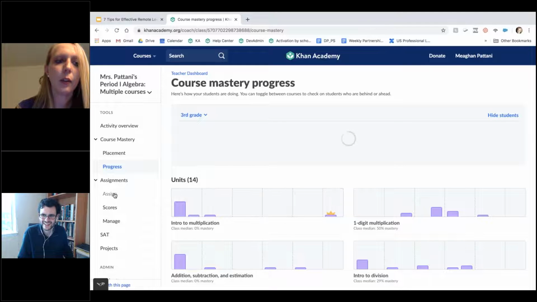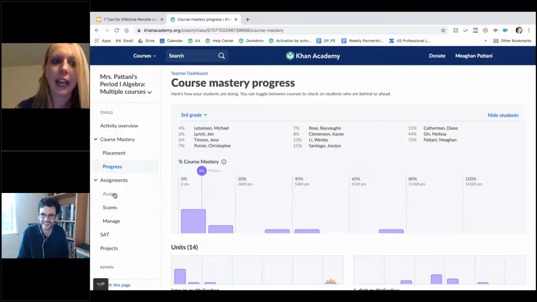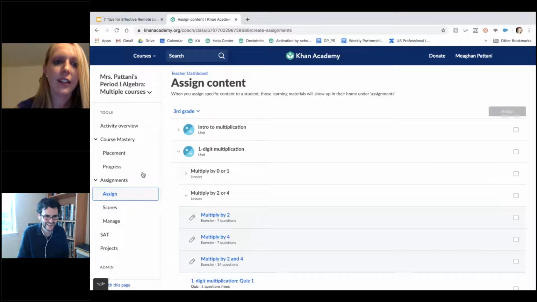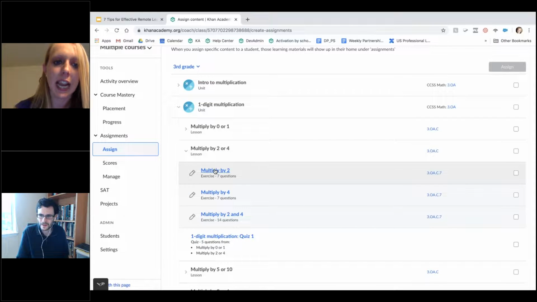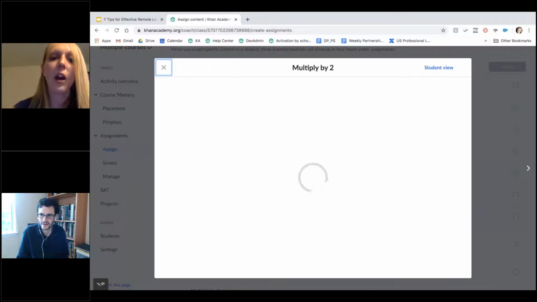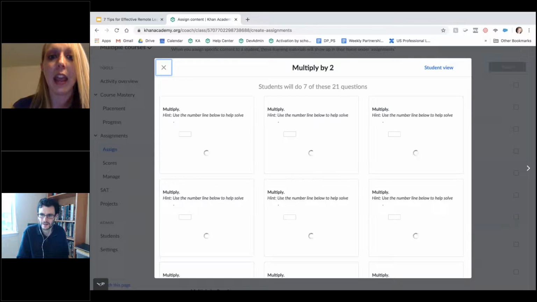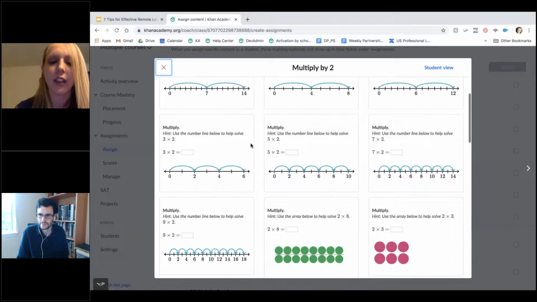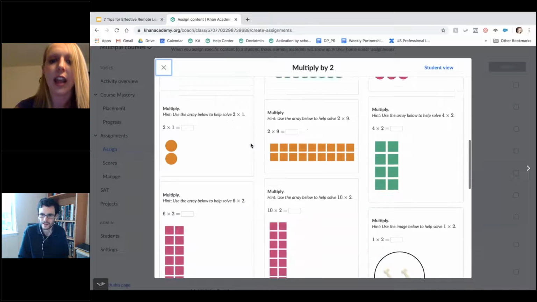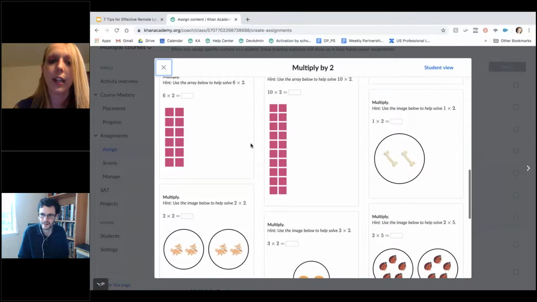However, I will give the caveat that if you choose random, if there's different types of questions, so in this case, you can see there's a number line question and there's this box question, all students will receive the same number of questions of the same type. So they won't be totally different. It's more that the variables are changed. And so in this case, students would receive 7 of these 21 questions,